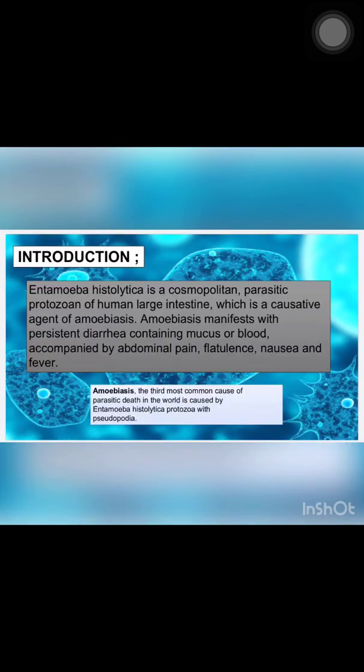So here is the introduction. Entamoeba histolytica is a cosmopolitan parasitic protozoan of the human large intestine, which is the causative agent of amoebiasis. Amoebiasis manifests with persistent diarrhea containing mucus or blood, accompanied by abdominal pain, flatulence, nausea, and fever. So if you have Entamoeba histolytica, it means that you also have amoebiasis. It is the third most common cause of parasitic death in the world, caused by Entamoeba histolytica protozoa with